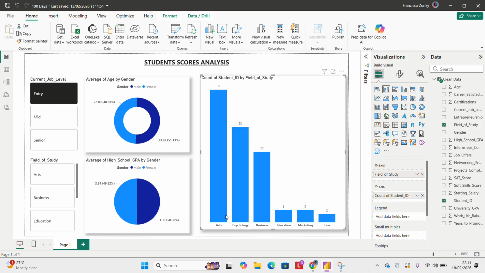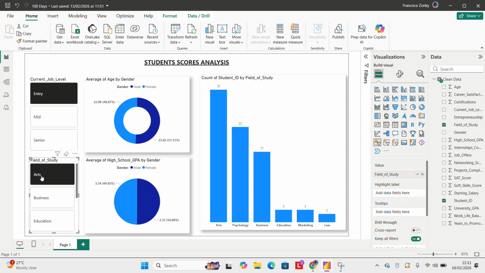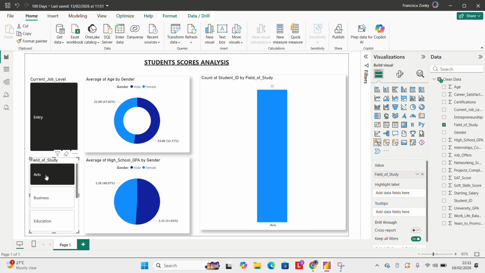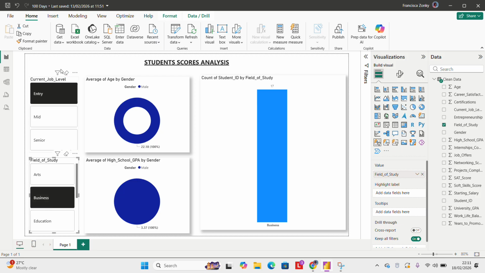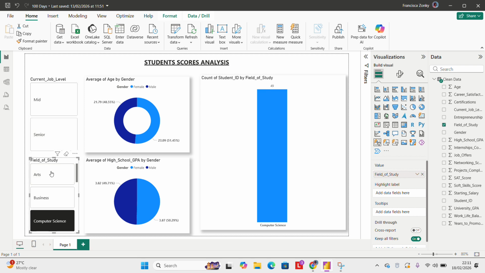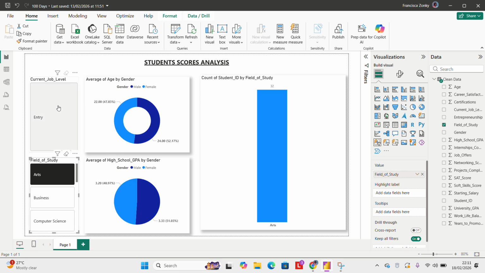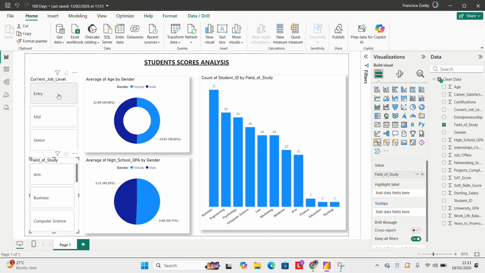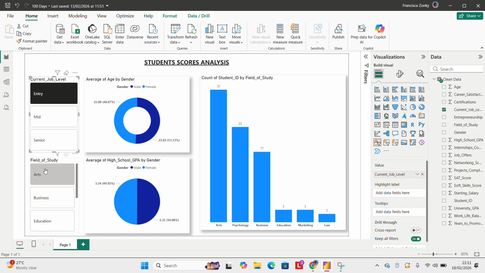So count it. So when you take art, you're going to see the number of art students. When you take, no wait, let's erase this. When you take business, you're going to see the number of business students. And when you take entry level and arts, you are going to see